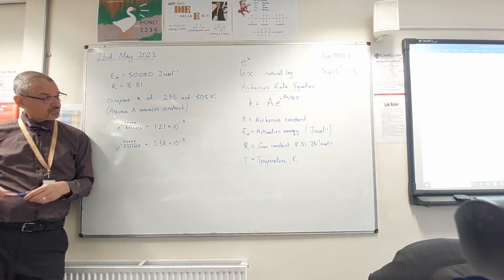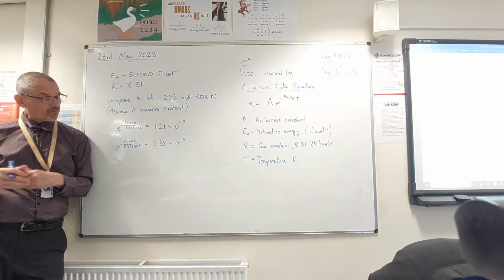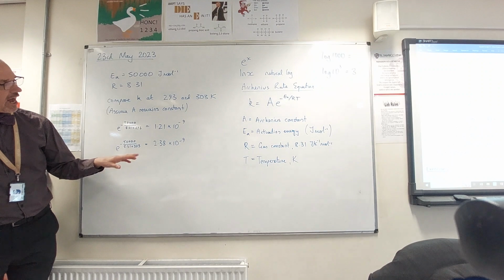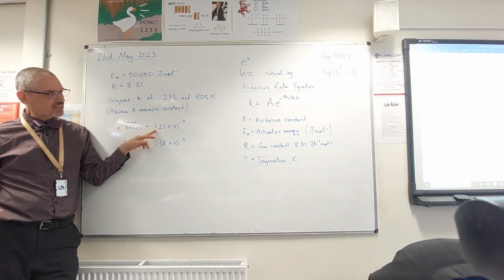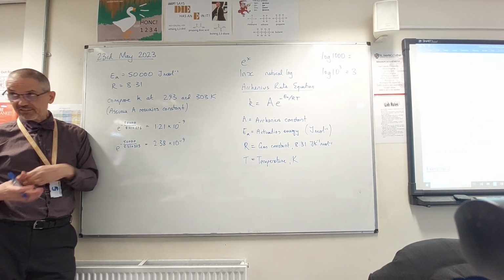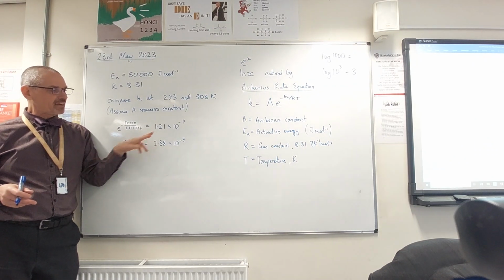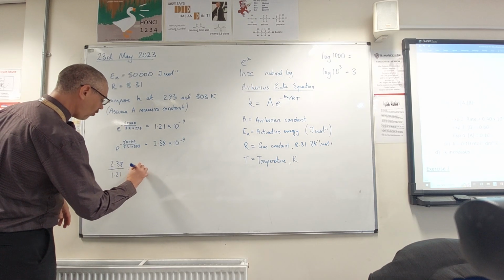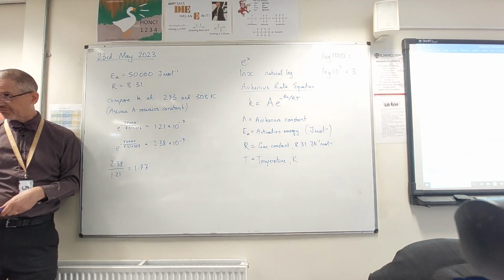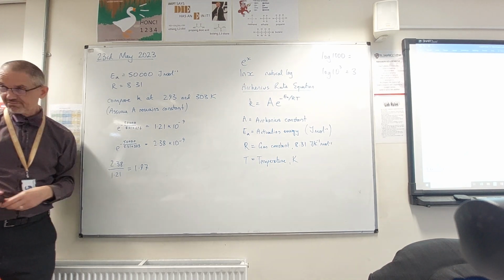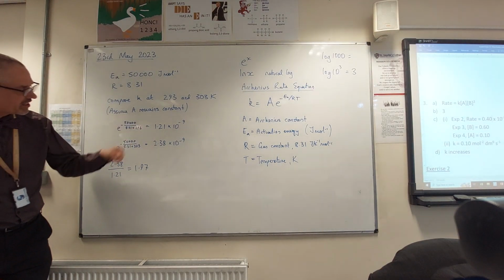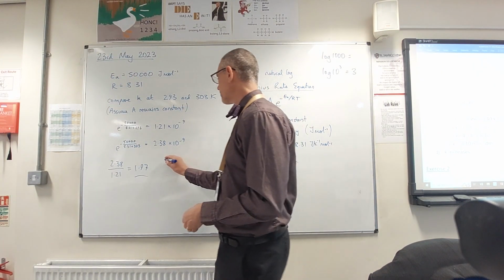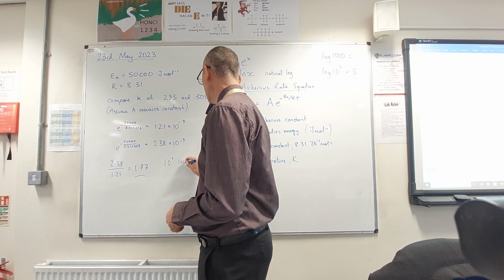Okay, so really this is just about you learning how to use the E button, but hopefully you got 1.21 times 10 to the minus 9 and 2.38 times 10 to the minus 9. If you put the big number over the small number to turn it into a fraction, it's almost 1.97. If we were working to 2 sig figs, it would have been 2. So, in other words, for a 10-degree increase in temperature,